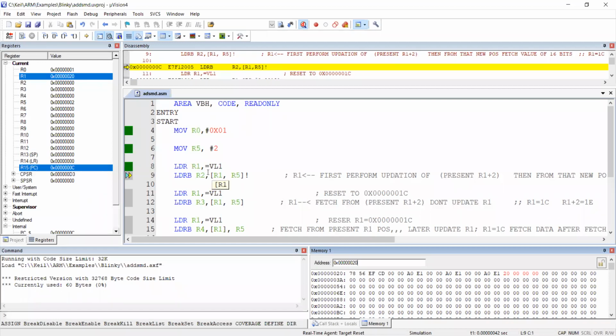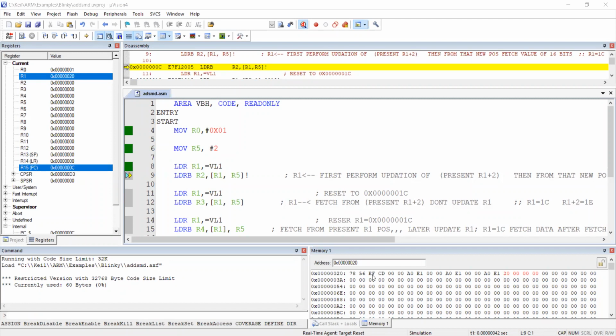So next, how will line number 9 work? It is inside a bracket. Instead of hash, we have a register. So R1 plus R5. What is R1? R1 equal to R1 plus R5. This is the equation. So what is R1 equal to? 20 plus, I hope it is 2, which is going to be 22. So 20, 21, 22.